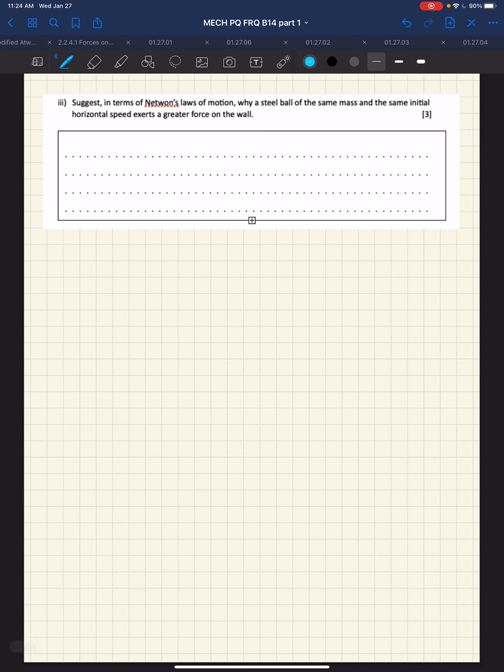Lastly, we're expected to suggest, in terms of Newton's third law, which we've already specified, N1, N2, and N3, why a steel ball, so that's steel ball versus a rubber ball, with the same mass and same initial horizontal speed, exerts a greater force on the wall. Well, if force is delta P over delta t, to make force larger, either we could have a greater change in momentum, or we could have a shorter time. Now, the change in momentum is going to be m delta v, and we're told that it has the same speed, so 20,